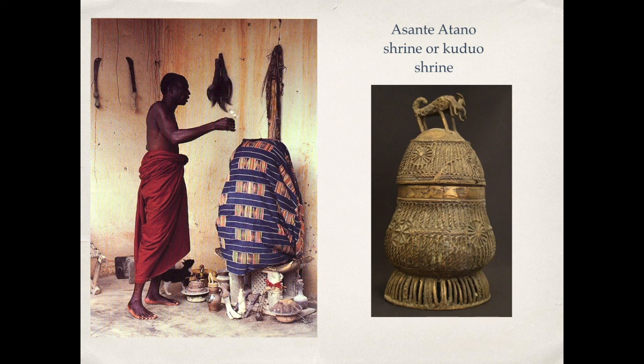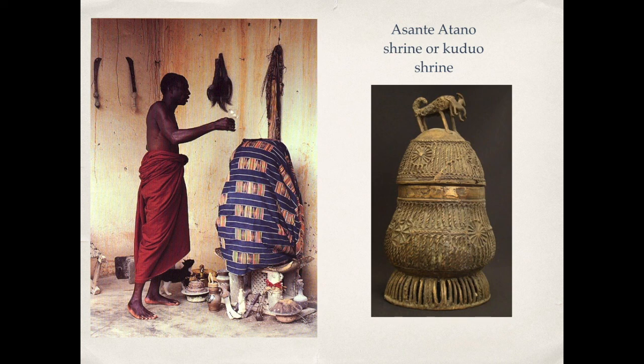Inside this large brass container would be all kinds of magical objects and special ingredients that the priest of the shrine would have compiled in order to activate it and let it be a conduit with the river god. And this becomes a very important part of this way in which the deity is invested in